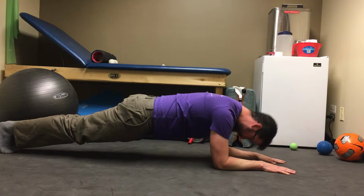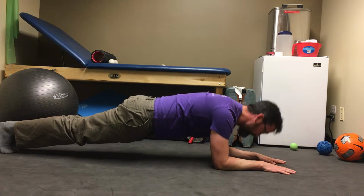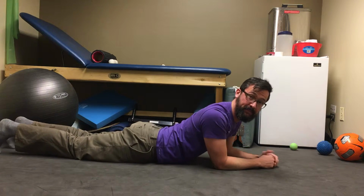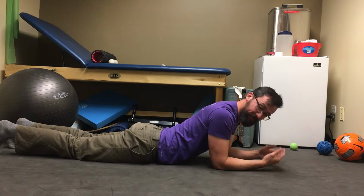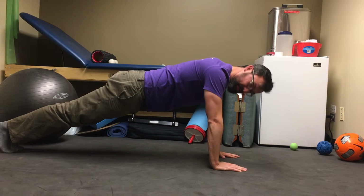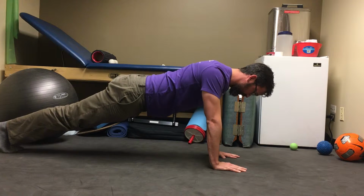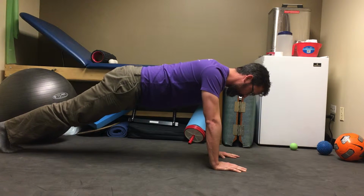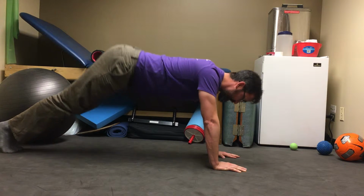We also want to make sure that we're not letting our head hang, that we're trying to keep our chin tucked back just a little bit there like that, okay? So from that point, the next way we can make it harder is to do this high planking position here. Same cues that we want to do is try and keep those shoulder blades in, make sure that we're not letting the back sag by pulling that belly button in, keeping it flat and not pushing our butt up in the air, and squeezing those glutes,